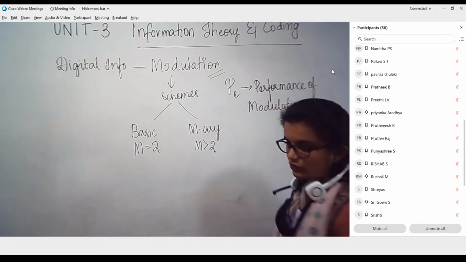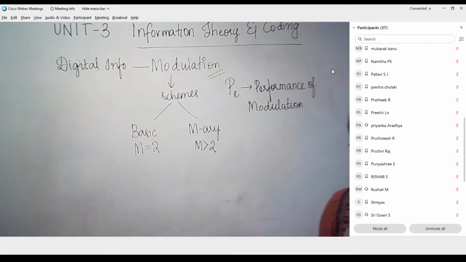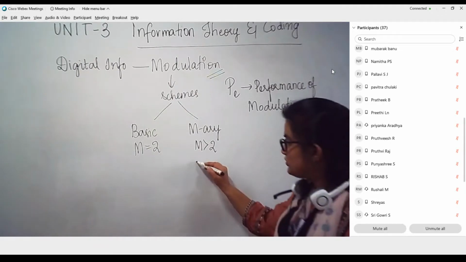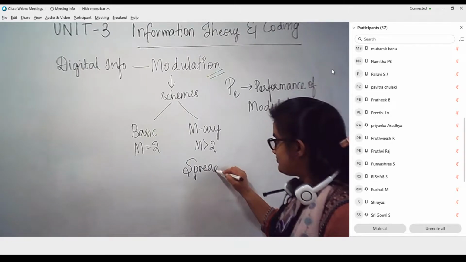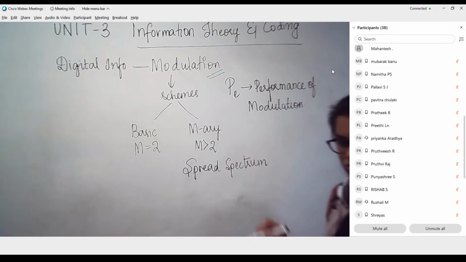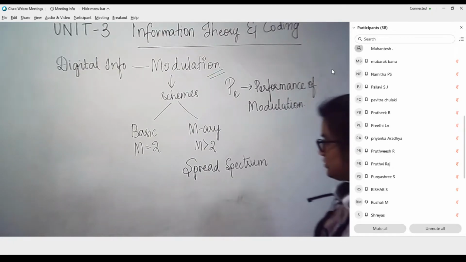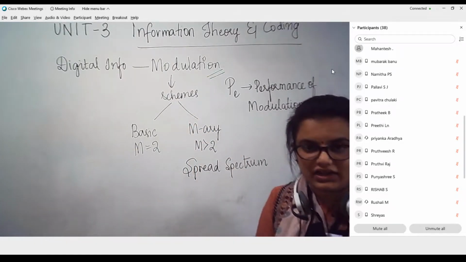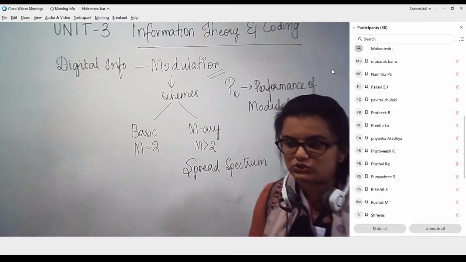This is what we have seen so far, and we have also seen one very important application of our digital communication system or digital modulation techniques, which was spread spectrum. It is mostly used for providing security and also to avoid jamming of the information while it is transmitted, or to avoid interference with the adjacent user, with respect to a unique code called the PN sequence. So this is the summarized information of the first two units.